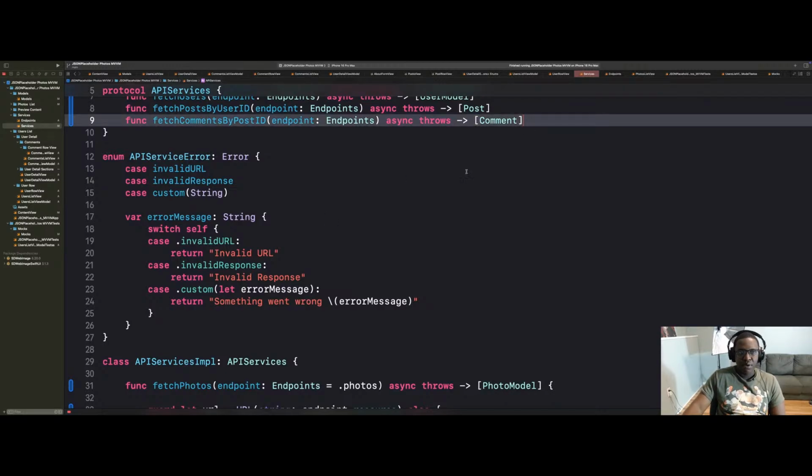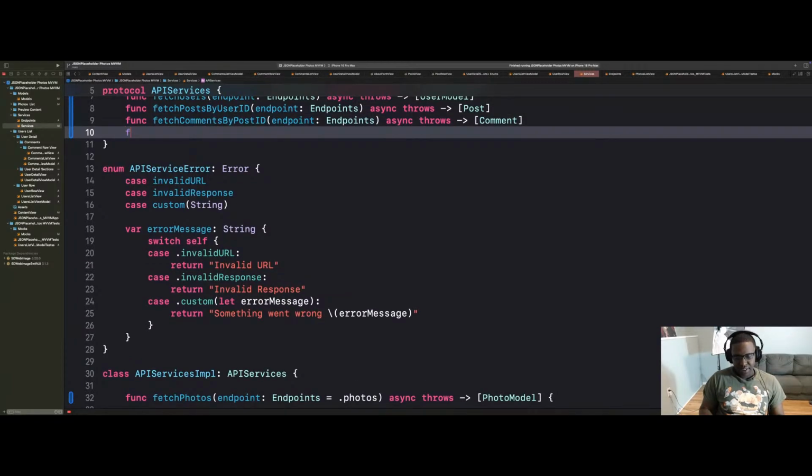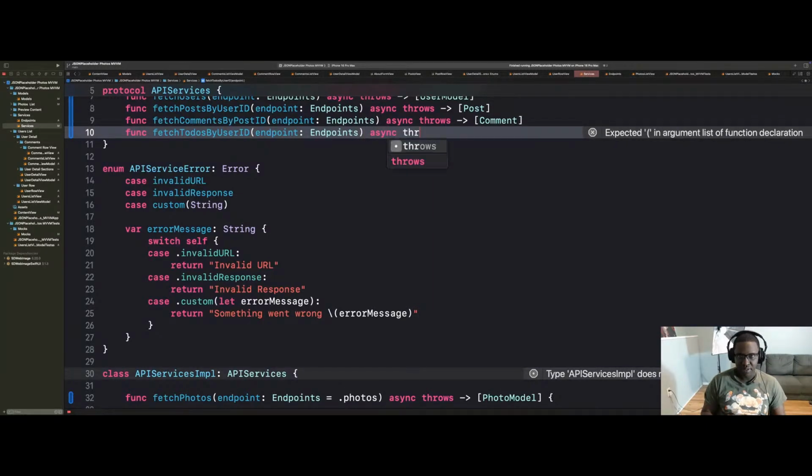So we can start by saying func fetch to-dos by user ID, and let's make this take an endpoint, have it be async throws, and we want to return an array of to-dos, but we haven't made that model yet. So we're going to pause this for 1 second, and then jump over